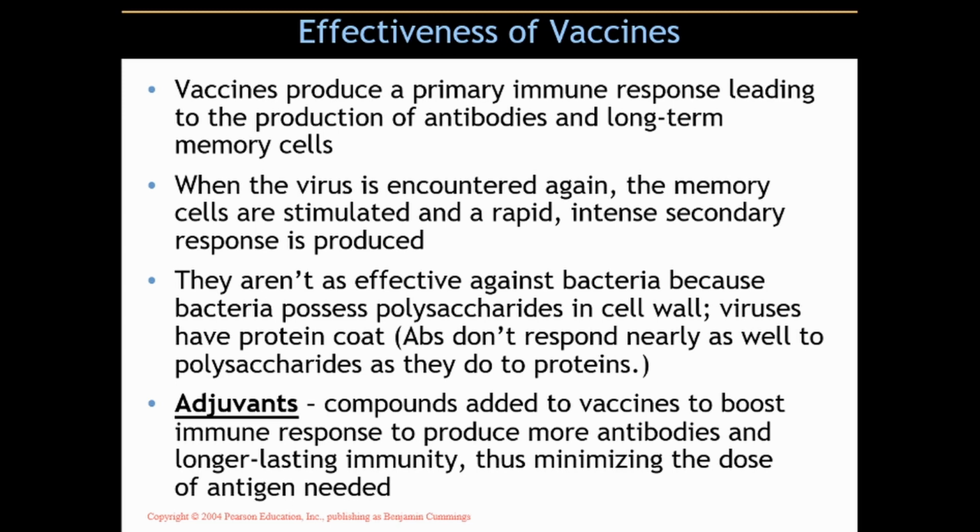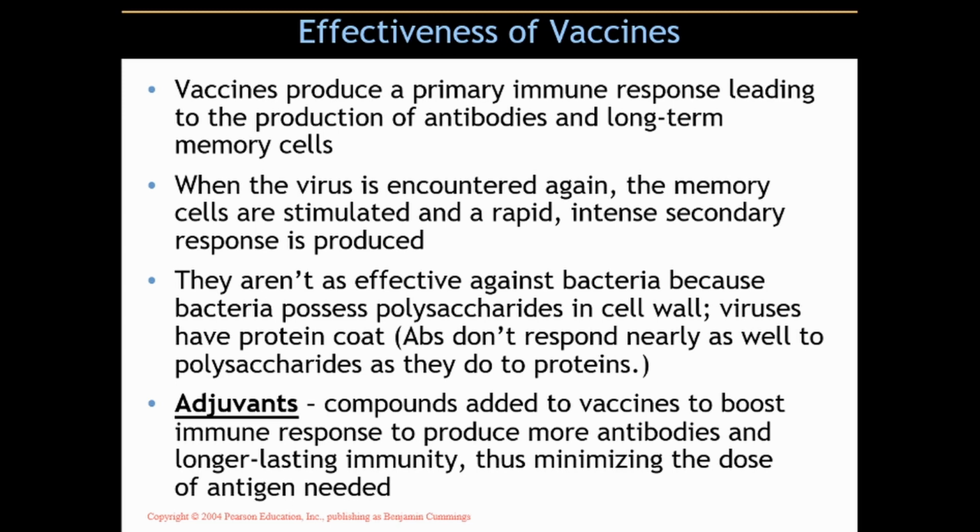And so when you have those second and subsequent exposures to these particular pathogens, you don't go through the primary response and all the effects associated with it, with illness and disease and so forth. So that is how vaccines primarily work. You get a primary immune response. And in some cases, when you do get a vaccination, it kind of wears you down because your immune system is working hard to develop a whole bunch of memory cells and plasma cells producing antibodies.